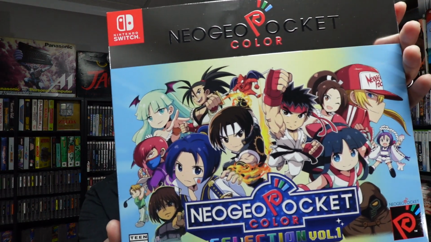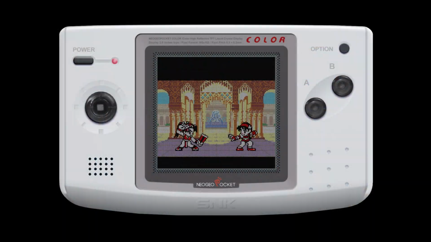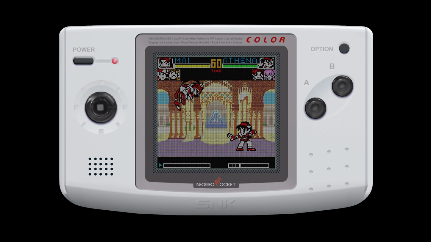This next game is on a really cool compilation. It's a handheld game on the Neo Geo Pocket Color, which I've never played before, but I have it on this collection here. This is the Neo Geo Pocket Color Selection Volume 1, and the game is King of Fighters R2. So like I said, this was originally released on the Neo Geo Pocket Color, and I'm not great at